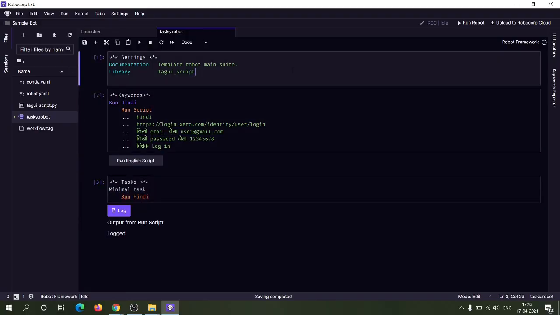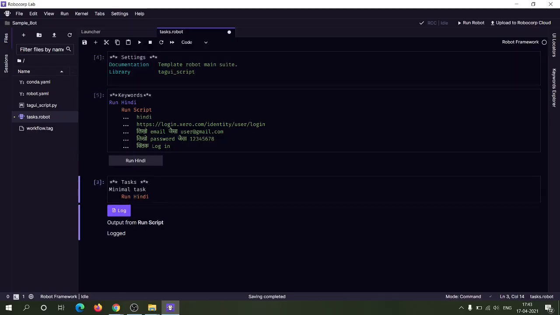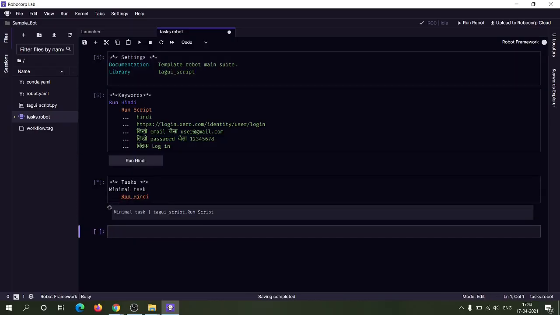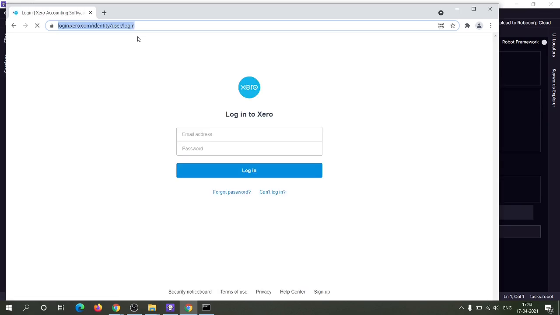So now let's run it to see whether it's working fine or not. You can see that it is opening the particular website. Actually, it is the same automation that we had done earlier. You can see it is logging in to the Zero website by typing the username and password.